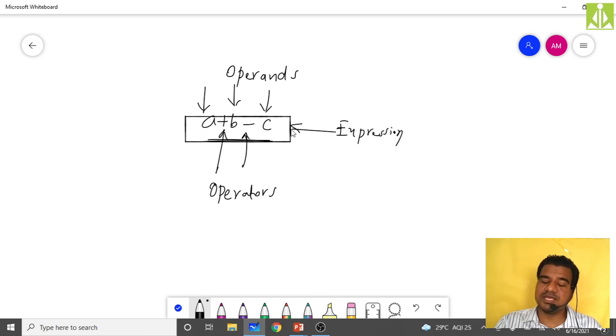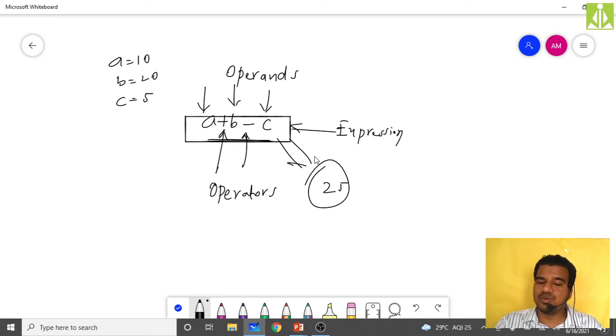Expression means it is a sequence of operands and operators that reduces to a single value. Take the value of a as 10, b as 20, c as 5. What will you get? A plus b, that is 30, minus c, minus 5, so you will get 25. The expression got reduced to a single value, as you can see, 25.